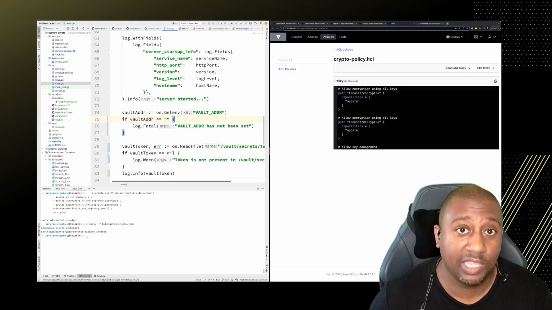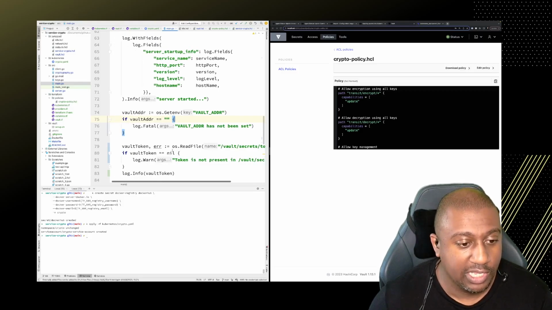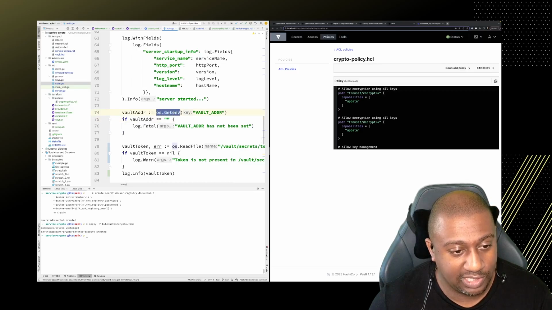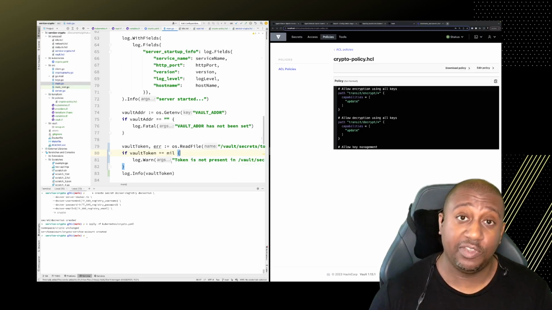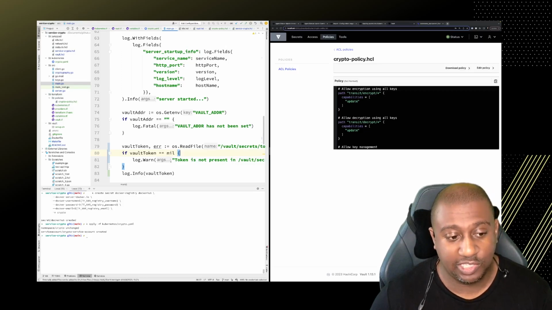And this is where our application needs to pick it up from. So I have refactored this application to, instead of using this neat little trick here, we now use this. So we're going to read the contents of that file, and that's how we're going to authenticate. And obviously, if for some reason that file doesn't exist or the token's not in there, something's gone wrong,